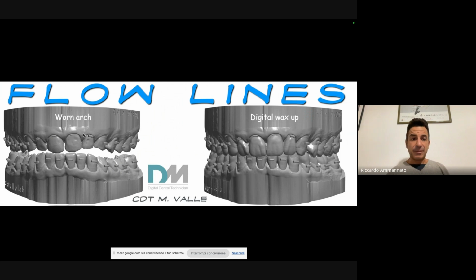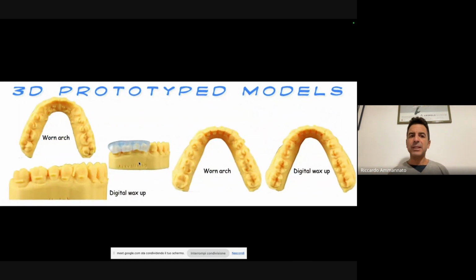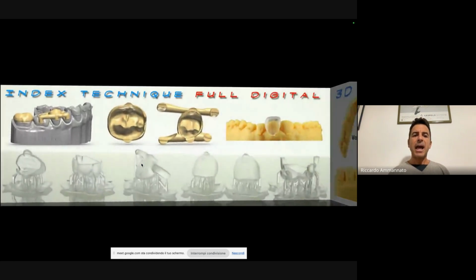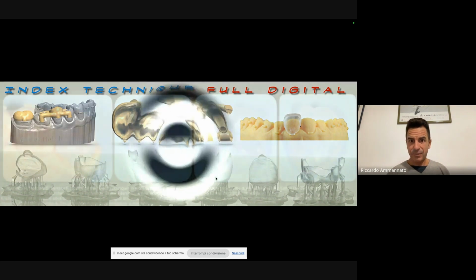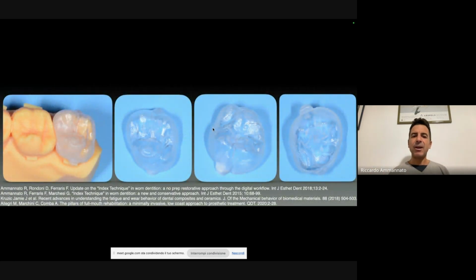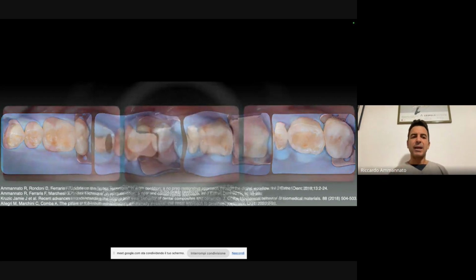On the STL files, the technician is delivering also all the flow lines, and we have them also on the 3D printed models, the prototypes, and we have here some samples of these 3D printed keys, okay, transparent keys. Here I'm using one of them. So in the last years we are using this kind of keys, but also we are still using the silicone ones, which are very, very good, but this is a very good option. And this is again the copy-paste approach, one by one, that we are delivering.